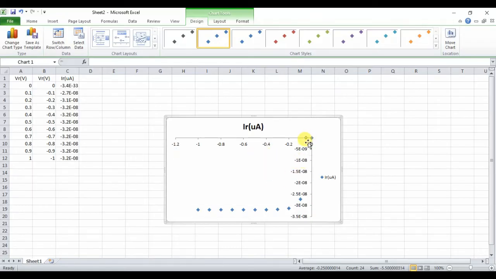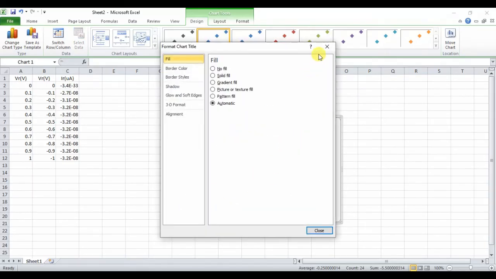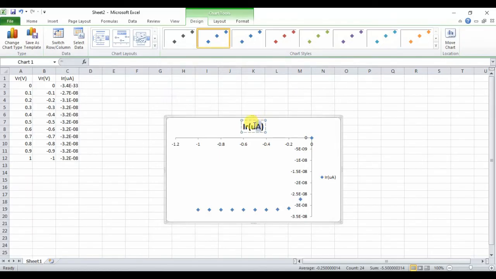See here, from this point to this point, for a very small change, approximately 0 to 0.1 itself, the current has dropped very severely. This is called breakdown. After this breakdown, the current almost remains constant, whether the voltage increases or decreases. This is reverse voltage V, and this is reverse current. For further increase in the reverse voltage also, the current, once after the breakdown, remains constant throughout.